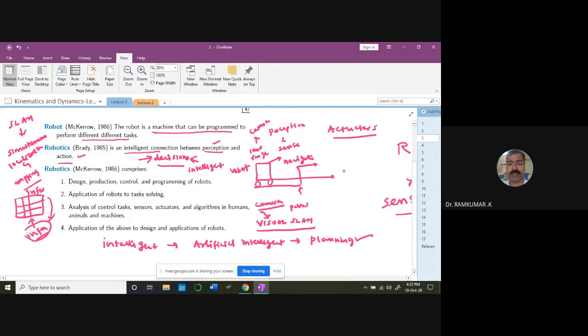Actuators can be for wheeled robots. It can be a wheeled robot. It can be the motors connected to the robot. Yes, that's important. So the other way you can look at it is that robotics can be called